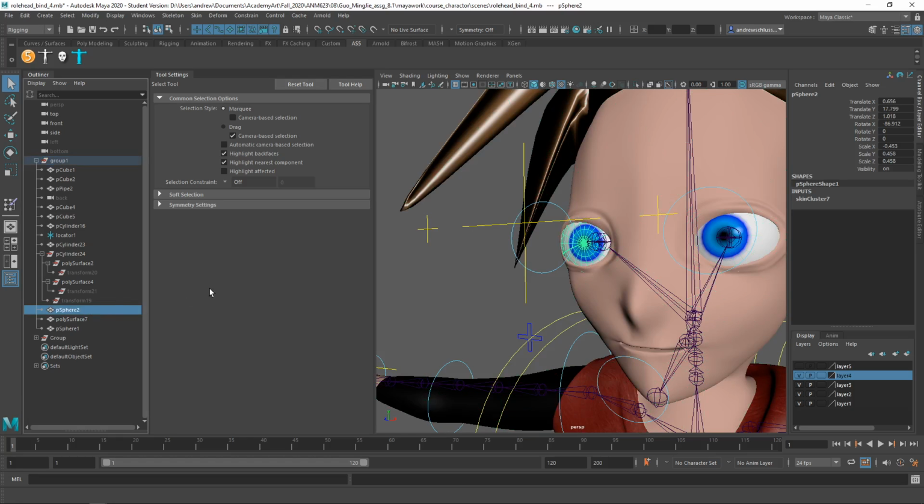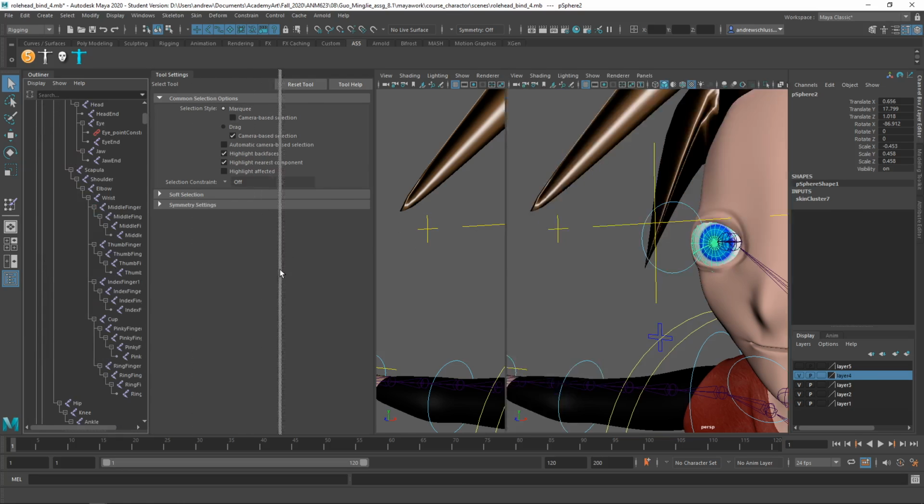I don't know why I can't select that. That's weird. Anyway, so I've selected it from there. And then I can just select the right eye. So actually, I'm going to just shift click on that to open that up. And we want to be in